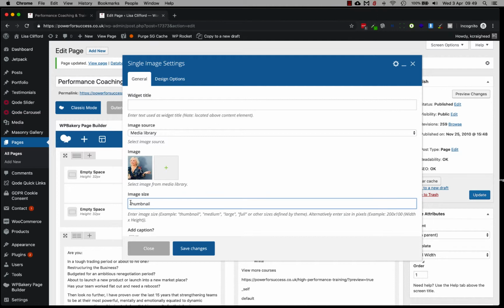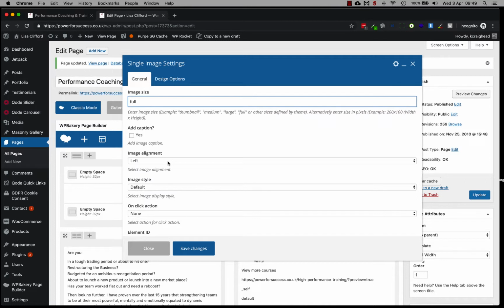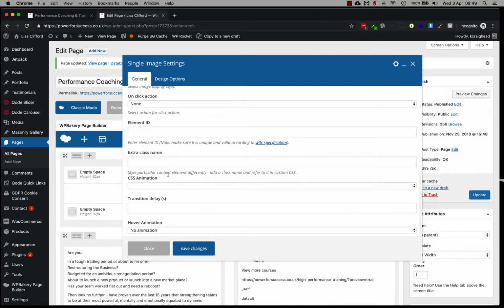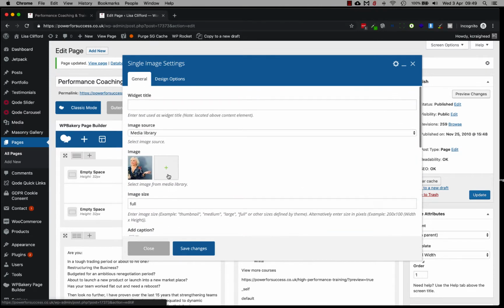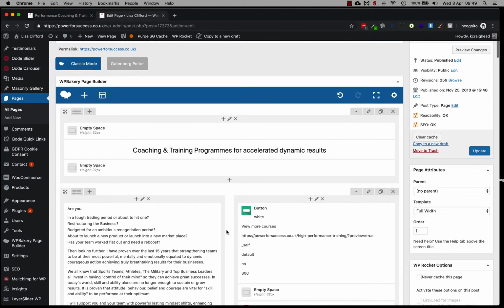And then underneath here it says how big do you want the image. Well, you want it full size, which is one of the options you can see here. You've got thumbnail, medium, large, full. So you've got to manually type that in there. Otherwise you end up with a little small image. And as I scroll down, you've got image alignment left. Well, you really want that center aligned. And that's it. So if I hit save changes, what it'll do is it'll add it to the bottom of the page. Now if I save this,